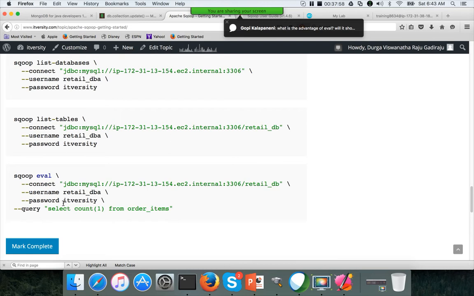That's the advantage of eval, when you have actually implemented a data integration platform. You have to use Sqoop import and export as part of shell scripting or some other programming language to build a complete application.